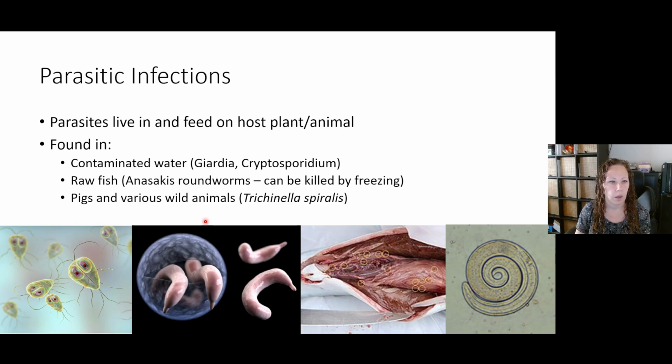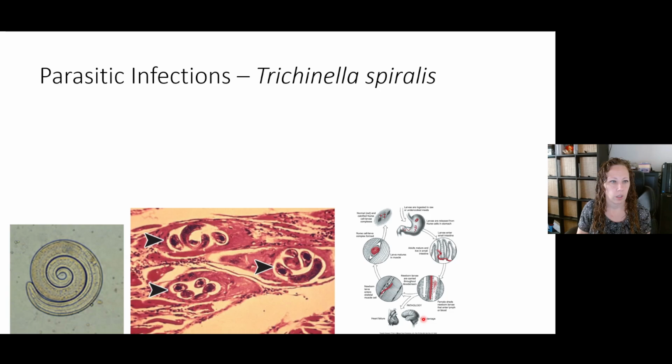The raw fish, if it's in raw fish, they can be killed by freezing, and so there actually is a protocol for raw fish that are going to be consumed raw, because they'll be killed by cooking it too. But if they're going to be consumed raw, like for sushi, there's a protocol of freezing it first for a certain length of time, and that kills off the roundworm so that fish is safe. Okay,